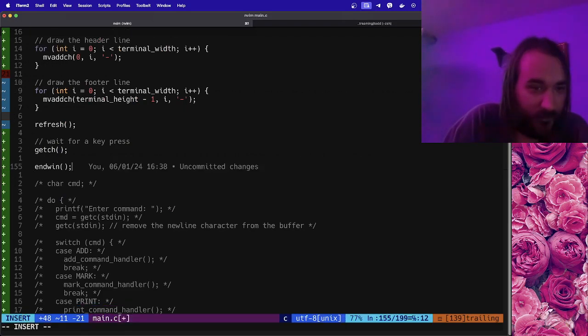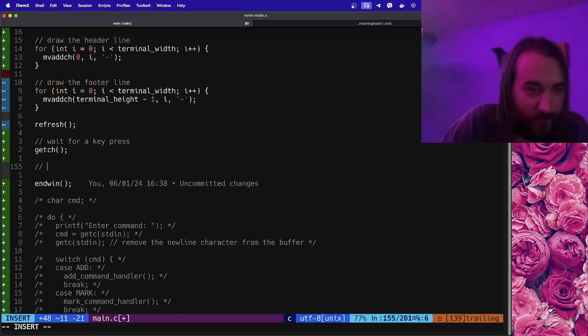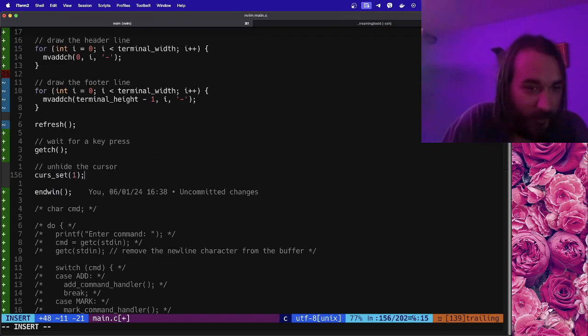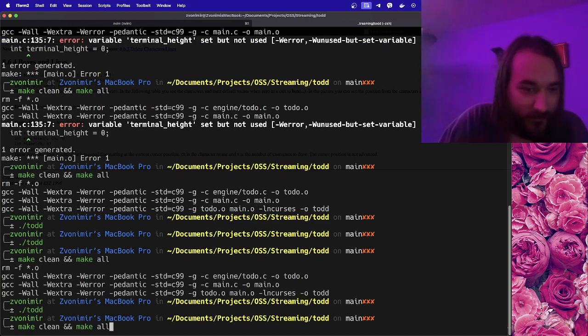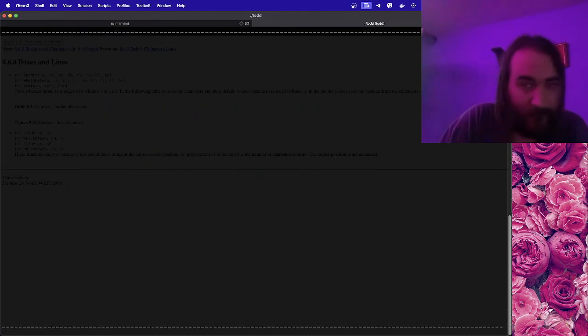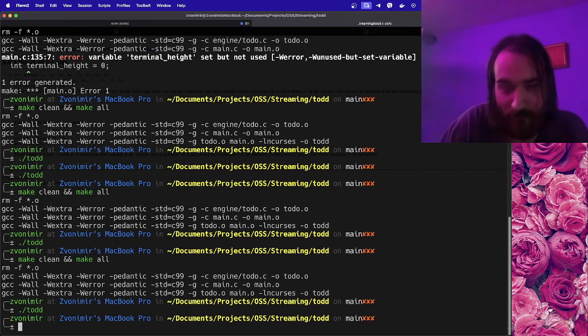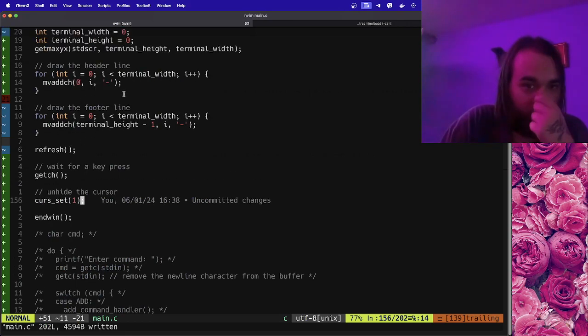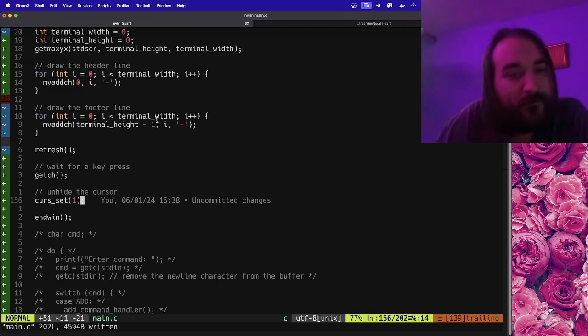And here we need to unhide the cursor, basically. Okay, cool. So what we're gonna do now is